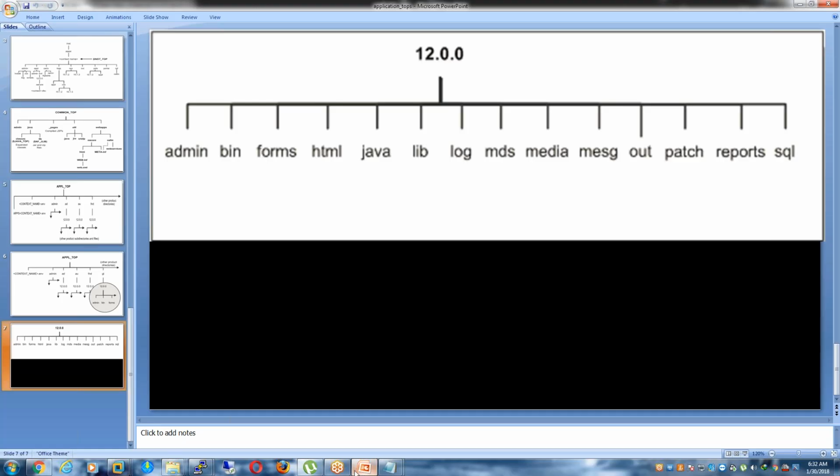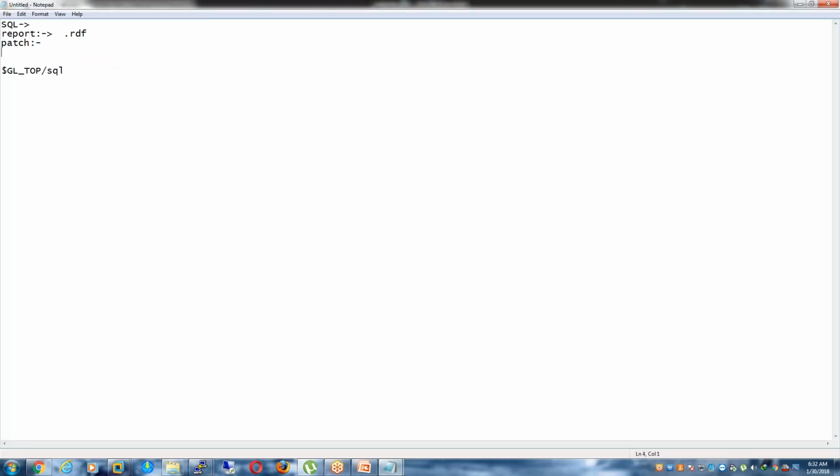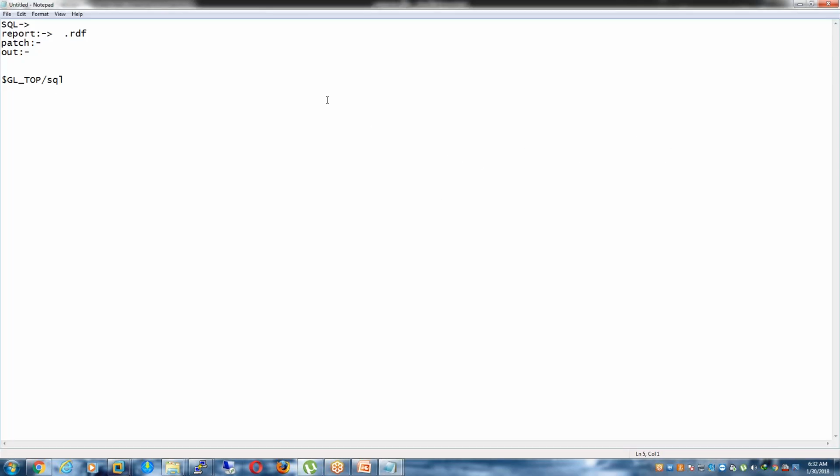So let me type here our directory. What we have in our directory, apart from out, we have a log as well. Let me check. Yeah, we have a log as well. So I will consolidate out and log and out directory. So basically in this directory, what Oracle contains, say we are going to run some concurrent